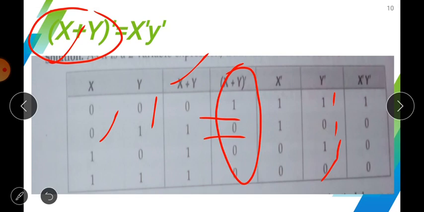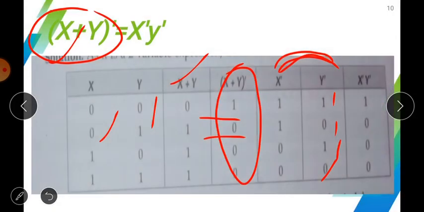And in the end, find the end of these two columns, and the final column will be like this. So when the final column is created, you can see the output of the final columns is completely the same, meaning 1 0 0 0 here and 1 0 0 0 here. So when there is a perfect match between both the columns of the truth table, then you can say that this is a verified Boolean logic or the verified Boolean function.